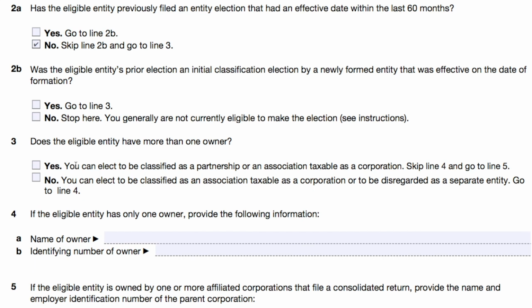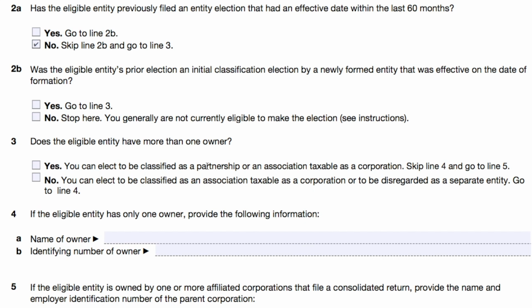Businesses with multiple owners can choose to be taxed either as a C corporation or as a partnership. In the case of a partnership, the business profits and losses will flow through to each partner's personal tax return. You also have the choice to elect to be taxed as an S corporation, but that requires a completely different form called Form 2553. In this example, let's say that ABC Bakery is a two-person LLC owned by Betty Business